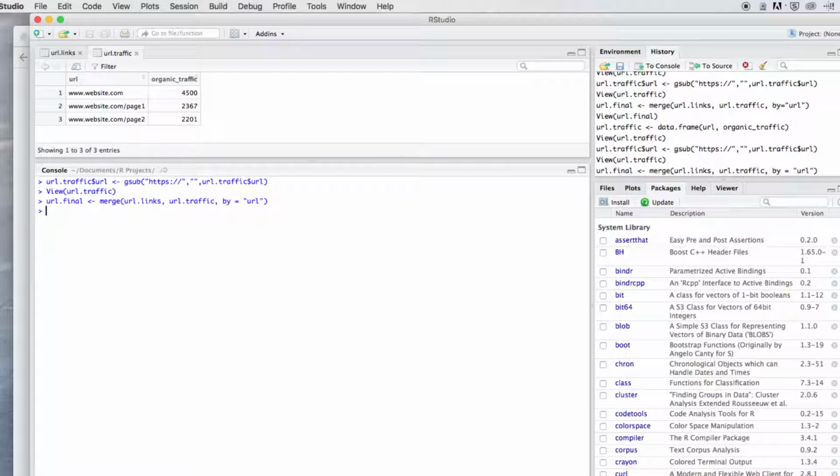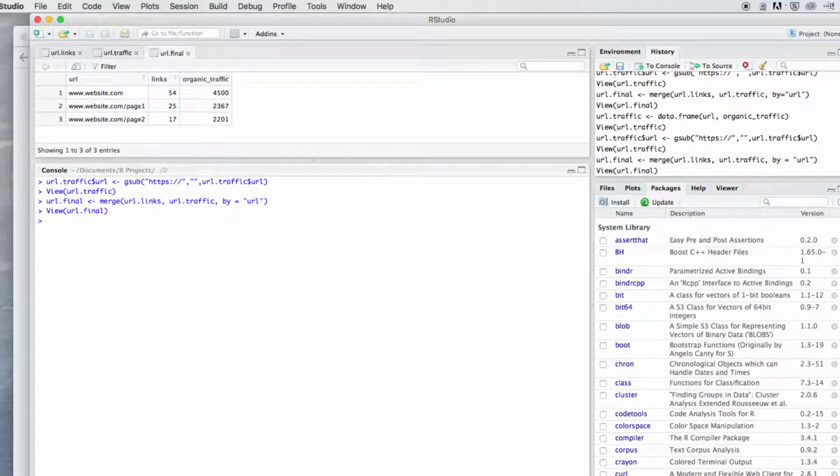So we created that table, and again, we want to double check just to make sure everything's working okay. So we'll do view URL final, and you can see it worked. We have our data frame with the URL column, links column, and organic traffic column. This is something that you might do in SQL, and the merge function works just fine for a simple inner join like this. But if you need to do more complicated work that is very SQL-like, then there's actually